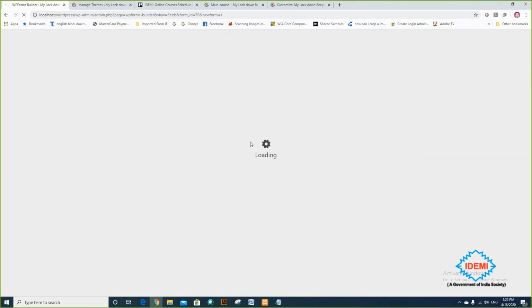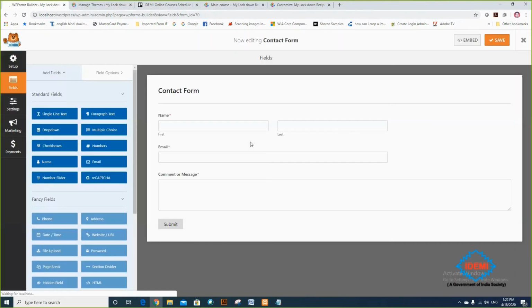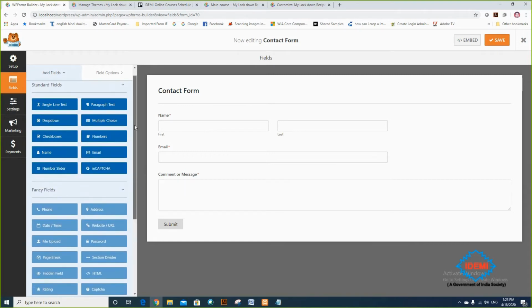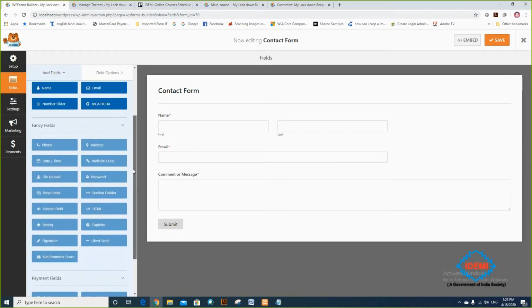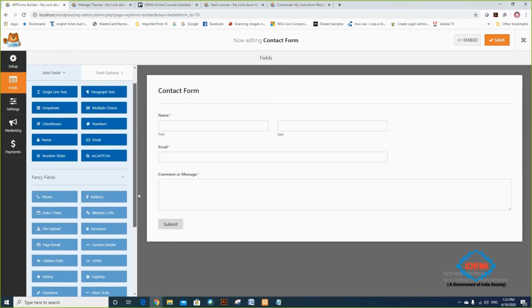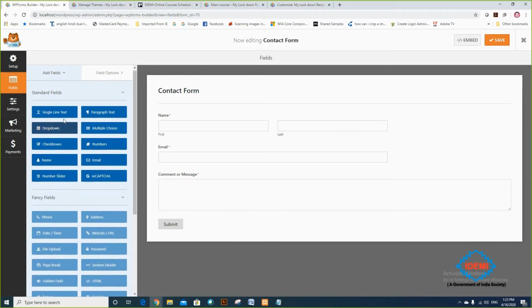So now I'm creating and loading a template, and it gives me the contact form details where a user can put a name, first name, last name, email, and the message. I don't want the rest of the things. Some fields are deactivated, which means they are only available with the Pro version. So you can ask for a payment in the form. There are payment fields also, and these are not in the free version.